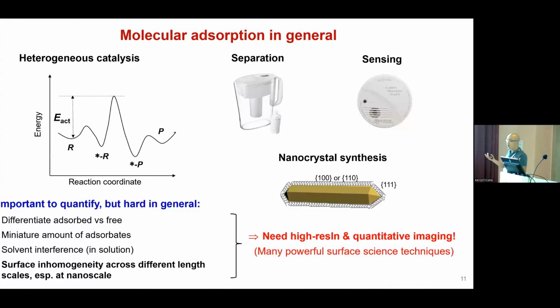Now, since we are talking about adsorption, let's step back and look at why adsorption is important to look at in the first place. Well, adsorption is important in heterogeneous catalysis, allowing you to activate the reactants, eventually going to the products in a surface-catalyzed reaction. Adsorption is important for separation, for sensing. Now, if you're into making shape-controlled colloidal particles, the adsorption of ligands on the surface gives you the control of the colloidal nanocrystal shape. Okay, so it's important to quantify the adsorption of all kinds of adsorbates on surfaces, but